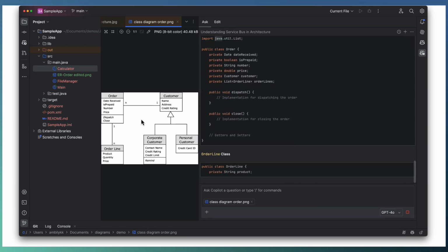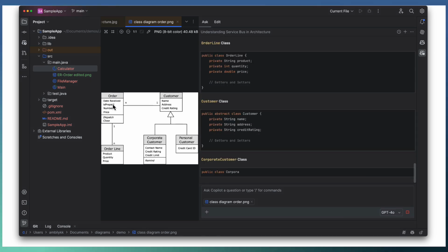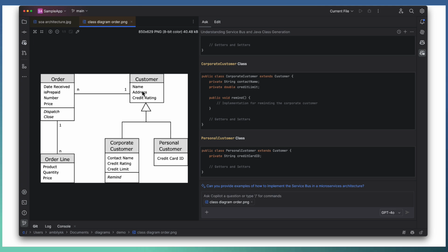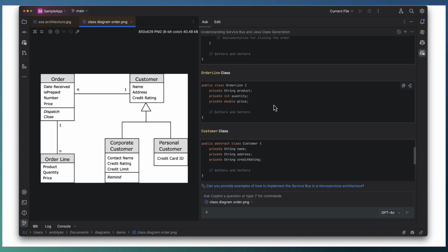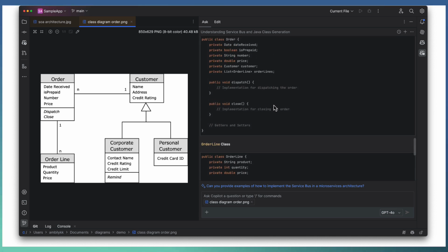This is our class diagram, which consists of an order class, a customer class, personal customer, corporate customer, and order line. And there is a relationship also. So when you look at the implementation, it should adhere to the relationships as well.